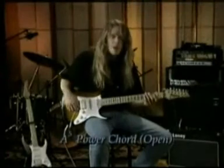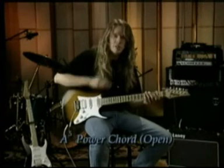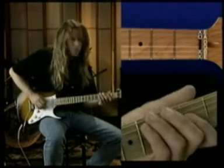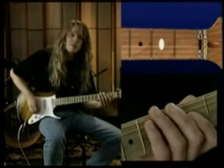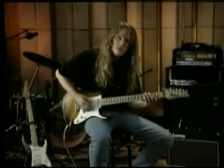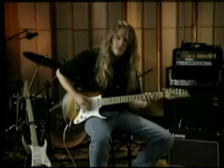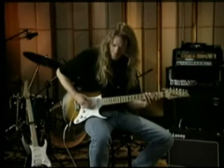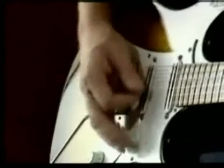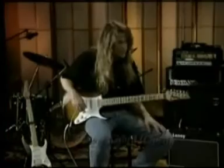Okay. The A power chord is going to look just like that. You're just going to be moving it down a string. So you can have an open A chord, open A note, and then your first finger is going to bar across the D and the G string in the 2nd fret. Sound like that. I'm playing these with all downstrokes and muting. And next is